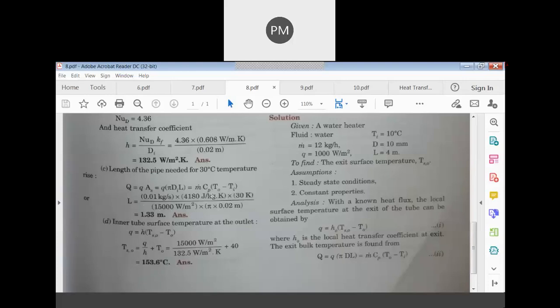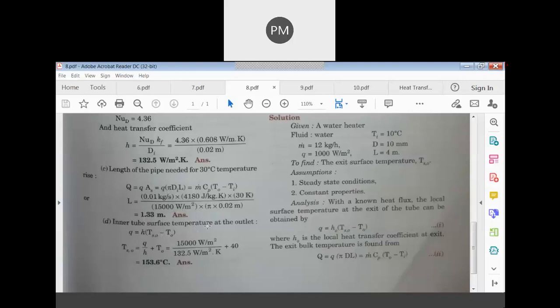So what will be the length? It is m Cp (T naught minus Ti) divided by q into pi d. Correct? The mass flow rate m they have given, Cp is obtained from the properties, and T naught minus Ti is 40 minus 10, which is 30 degrees. The heat flux is 1500, divided by pi times diameter. Pi and the diameter have also been given. You can obtain the value of length. Once you got this,